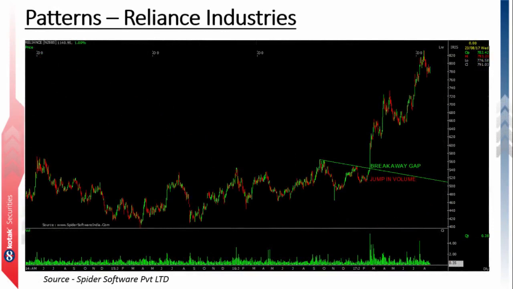Patterns. See, pattern means I'm going to say here flag formation, triangle, ascending triangle, pennants. So we can draw this pattern based on trend lines, with the help of trend lines. First example that we have taken is of Reliance Industries, and here in the month of November, December 2017, we